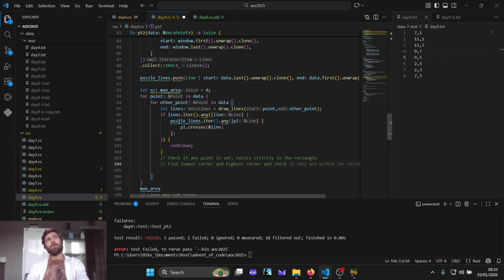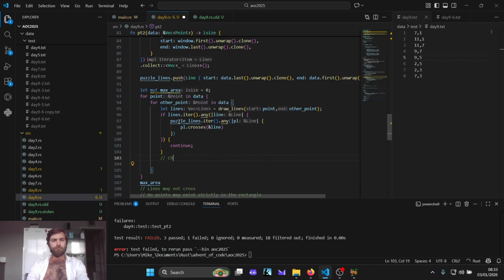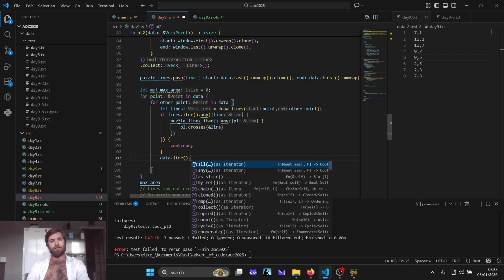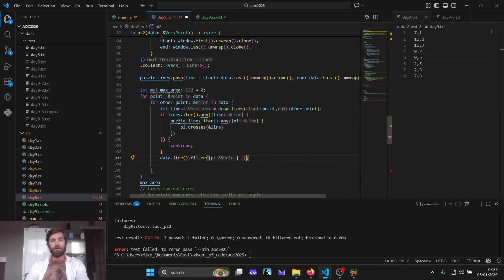Oh, do I already have this because of the way I've drawn my lines? I don't know, my lines are ordered. Okay. So, I want data iter filter, so each point